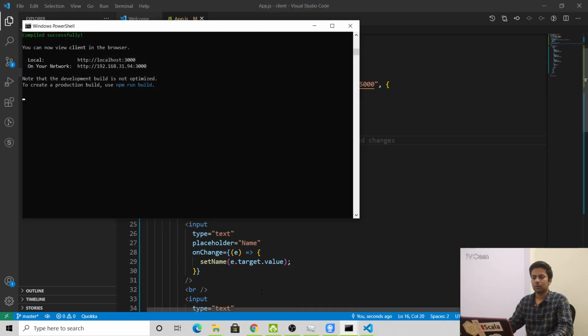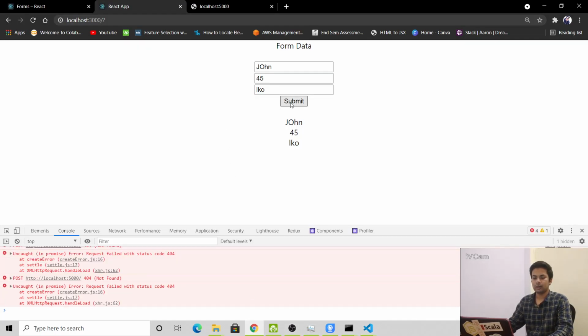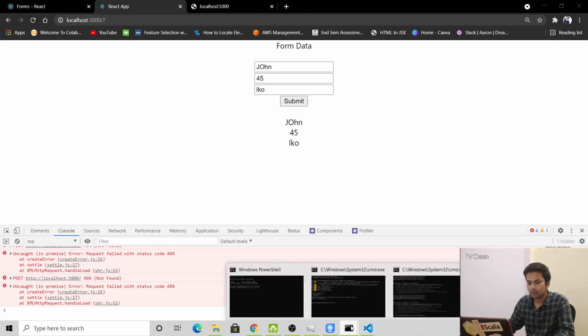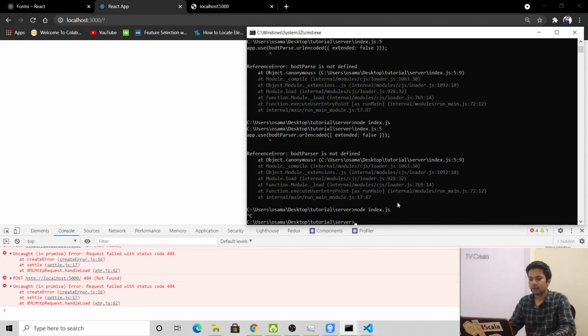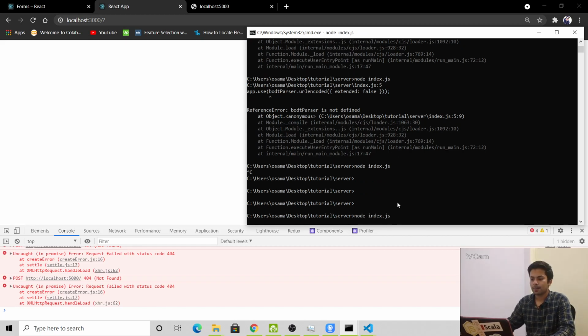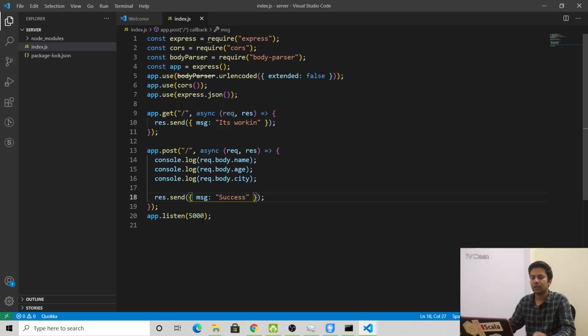Let me check it. Why can't it find localhost 5000? Let me write it again. It's running on 5000, but it's saying it can't find 5000.